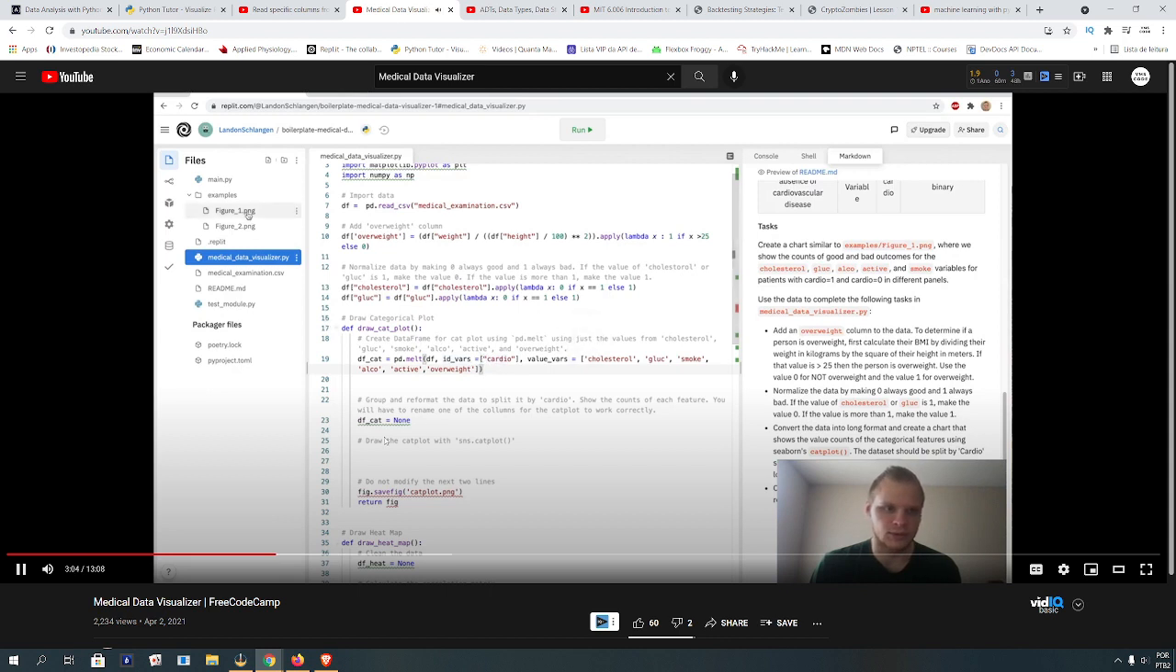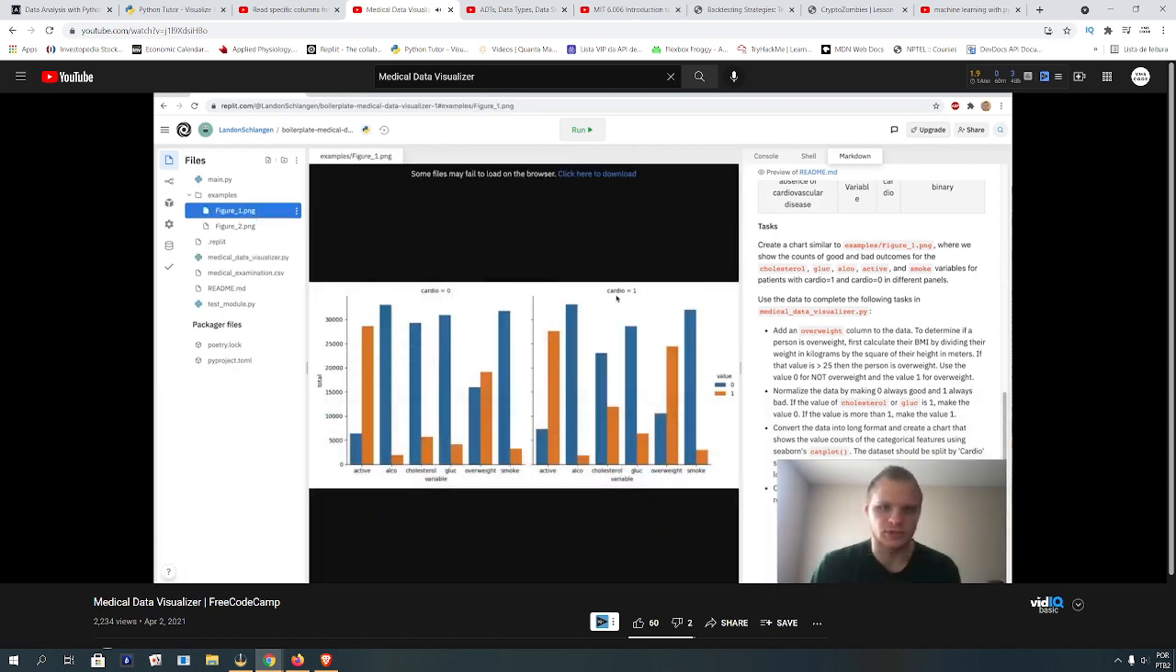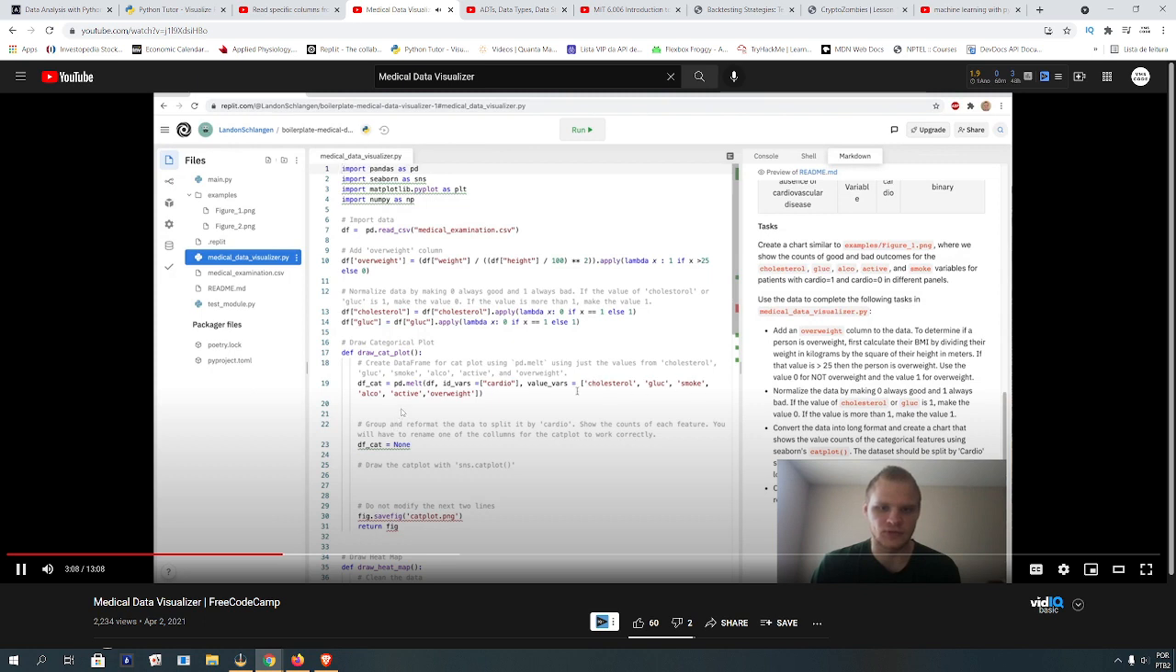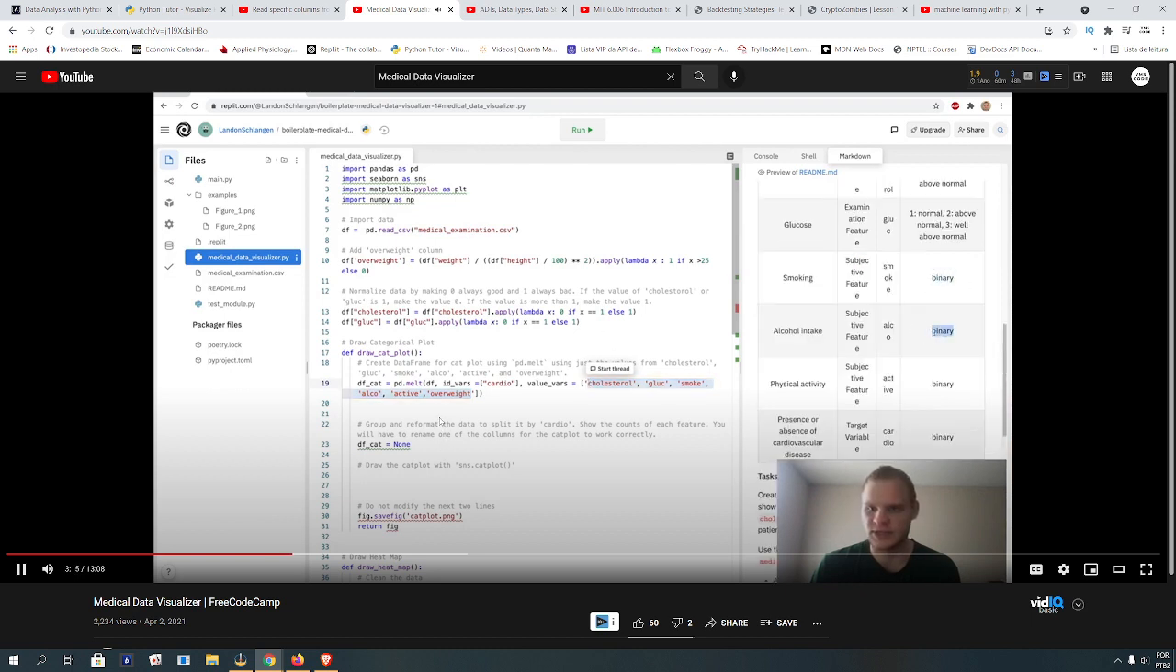And cardio would be the 0 or 1 up here. And then the value_vars is the cholesterol, glucose, smoke, alcohol, active, overweight. And all of these values are 0 and 1 as well. So like smoking is binary, alcohol intake binary. Probably doesn't take a lot of time. Seems to be